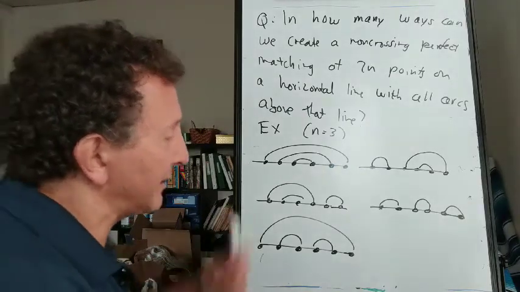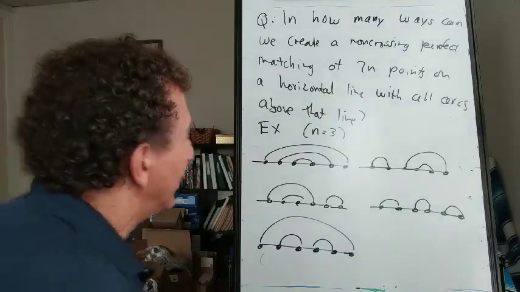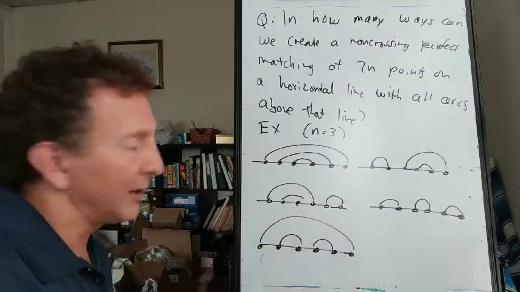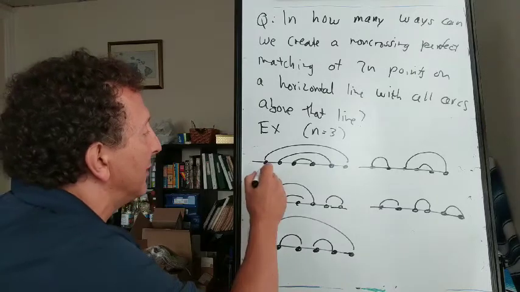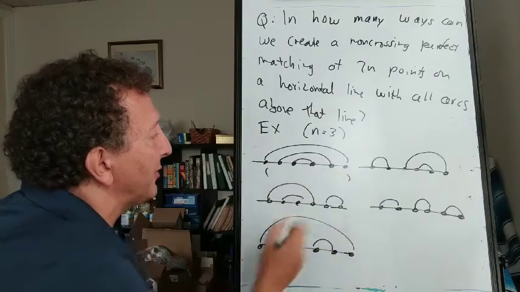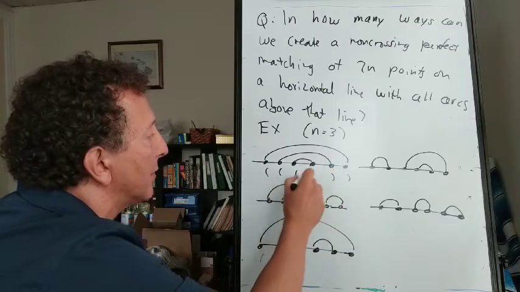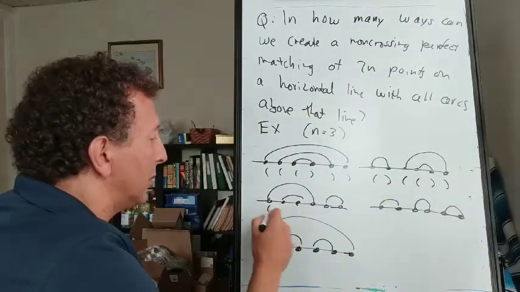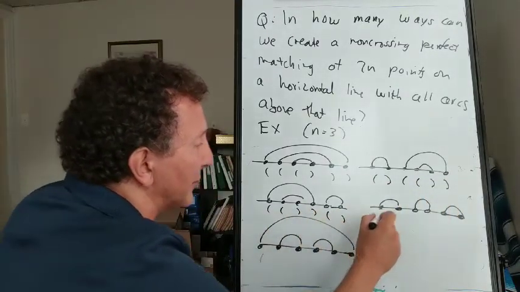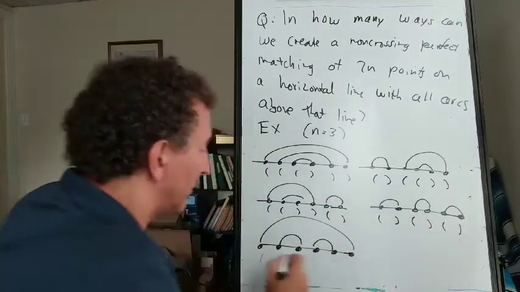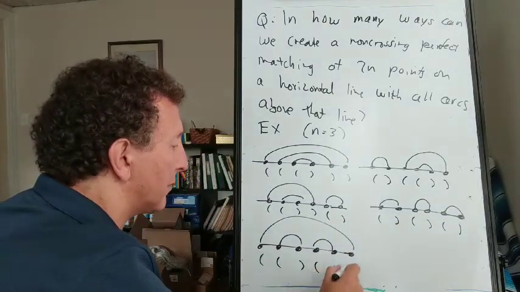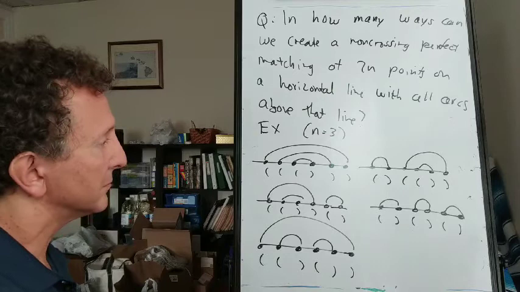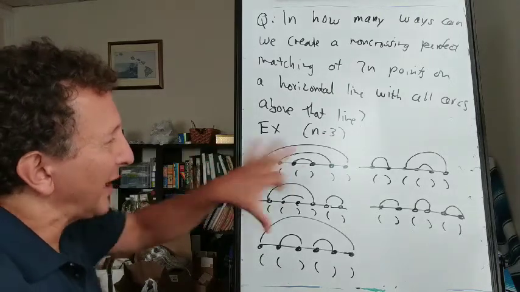And we can see that these objects are counted by Catalan numbers, because if we look at the left endpoint and the right endpoint of every arc and put a parenthesis underneath them, left parenthesis to start, right parenthesis to end, then we're going to get the sequences of parentheses that we know are counted by Catalan numbers. These are really just the diagrams that show